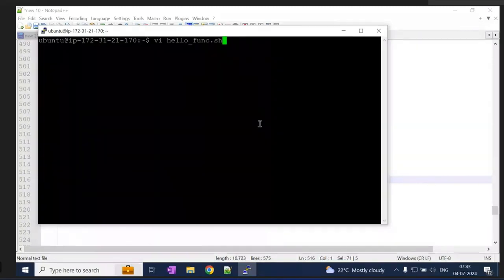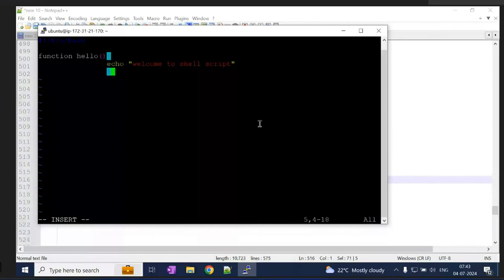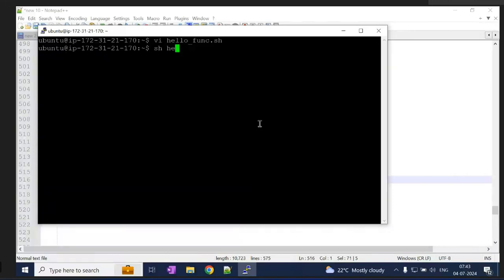If you want to execute this, sh hello function. So my program is throwing some error.